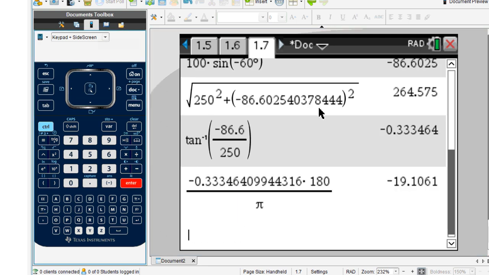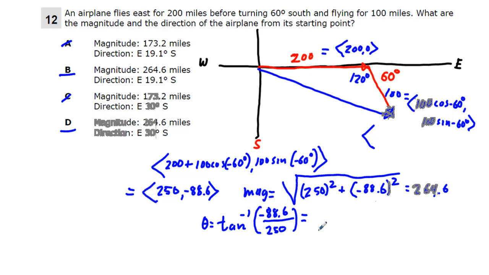So we get negative 19.1 degrees. That's going to be this one here, B: 19.1 degrees south of east, with a magnitude of 264.6. Right, that's going to be 12. Next,